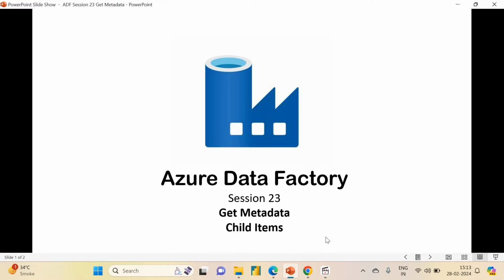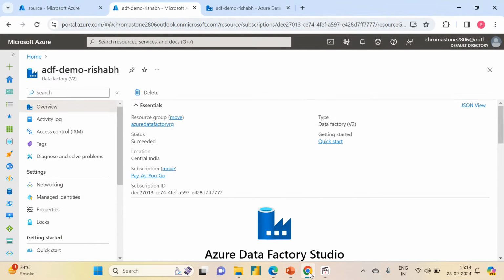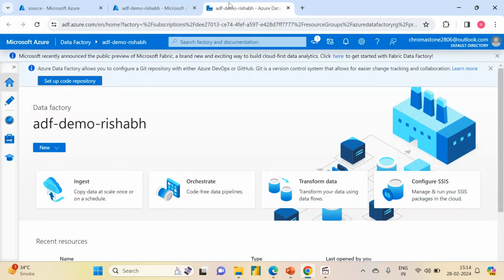For example, when you are working with an ADLS Gen 2 account and you have a directory structure, and you want to check what the components of that particular directory are, how many files are there, what the names of the files are, how many folders are there, is there any subfolder, etc. You can use child items for this purpose. Let me go to my Data Factory Studio and I will show you how to use the child